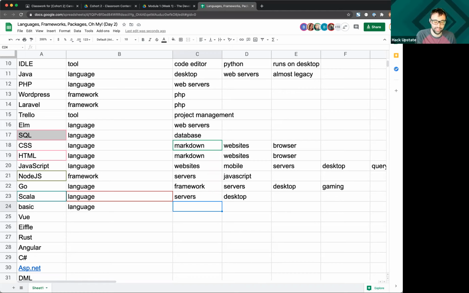So I'm going to label this as primarily used in desktop because this was before web servers existed. I can confidently label this one legacy, although much like COBOL, I'm not saying that legacy means that it is not used.